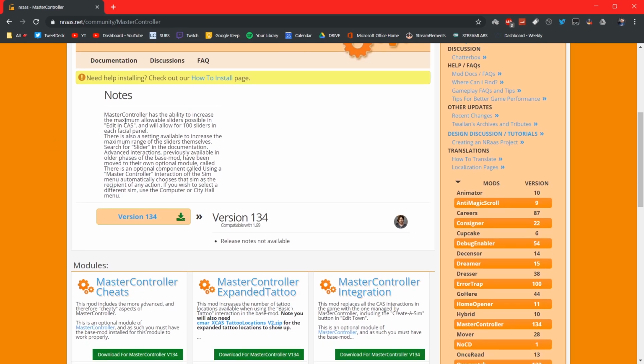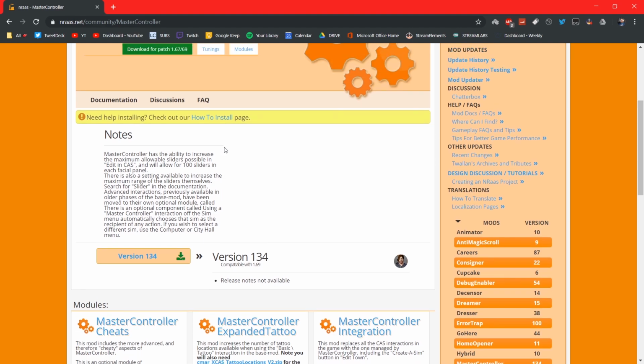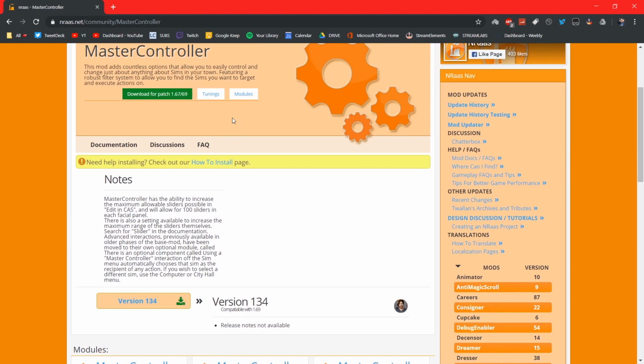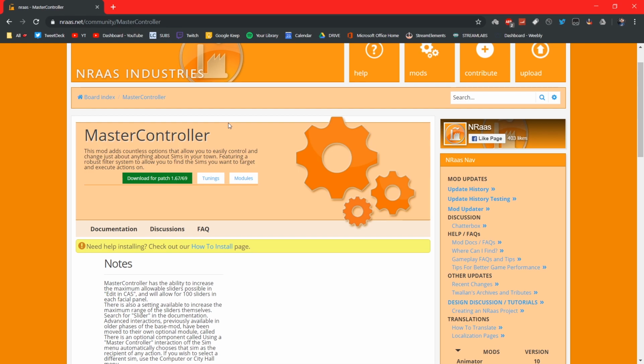And then in the note, it says Master Controller has the ability to increase the maximum allowable sliders possible in each facial panel. There's also a setting available to increase the maximum range of the sliders themselves, which I'm going to be showing you how to change. You can make it past 100 with the integration mod, which I'm also going to be showing you guys how to use. So what you want to do is hit download for patch